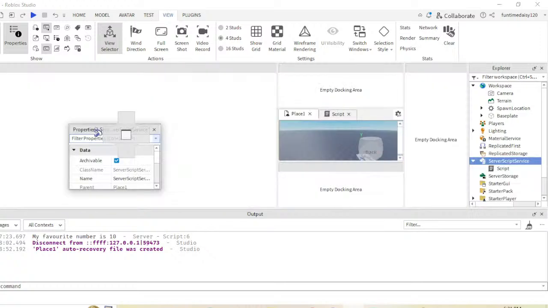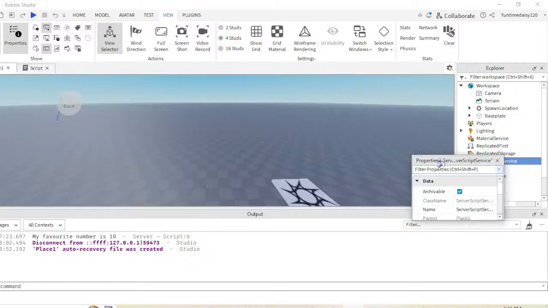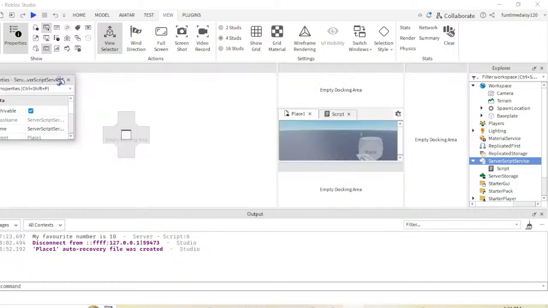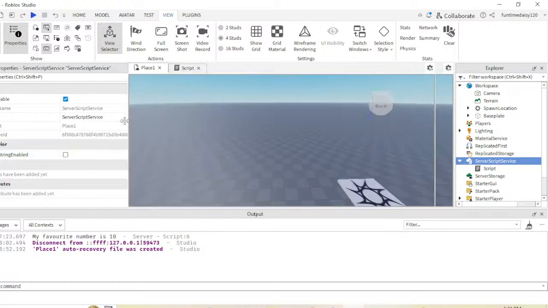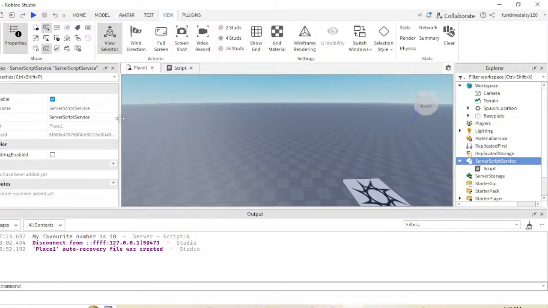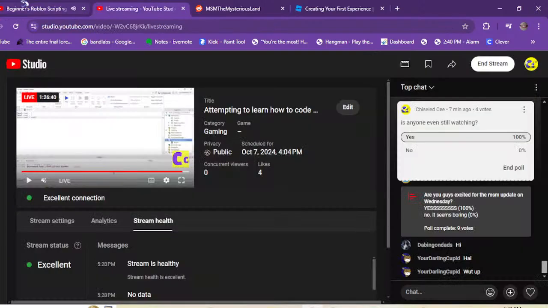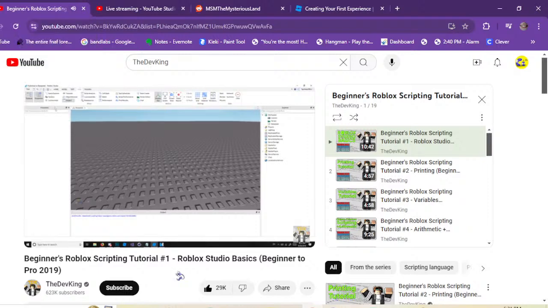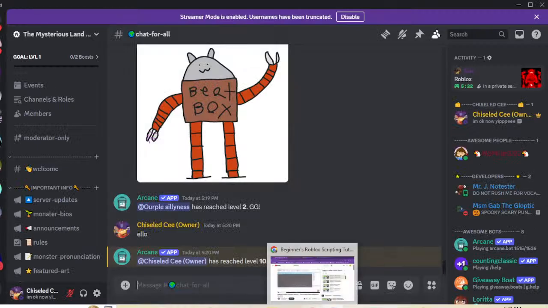There we go. I have it there. It's actually kind of cool because I usually have mine like this, like Explorer on here and properties on here, but for beginner's sake and for how it looks by default, I'll keep it like this. So anyways,